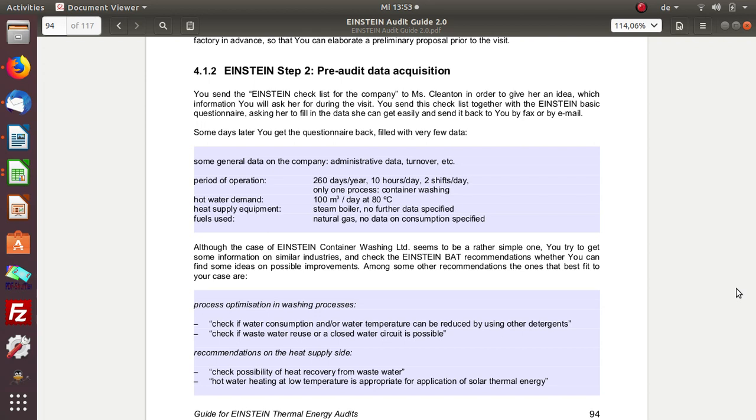In this example, we show you how to create a simple Einstein project from scratch. The example is based on the Einstein Thermal Energy Audit Guide, chapter 4.1, described in steps 2 and steps 3. We open Einstein,